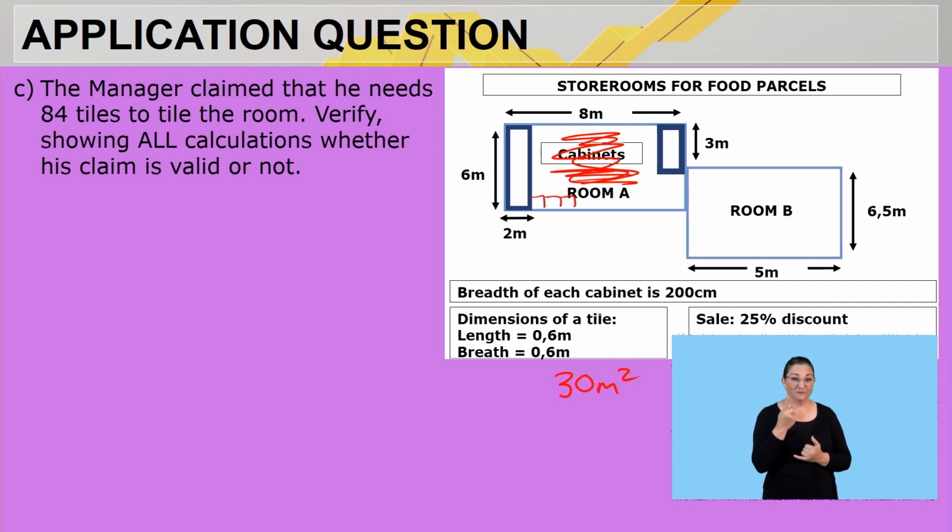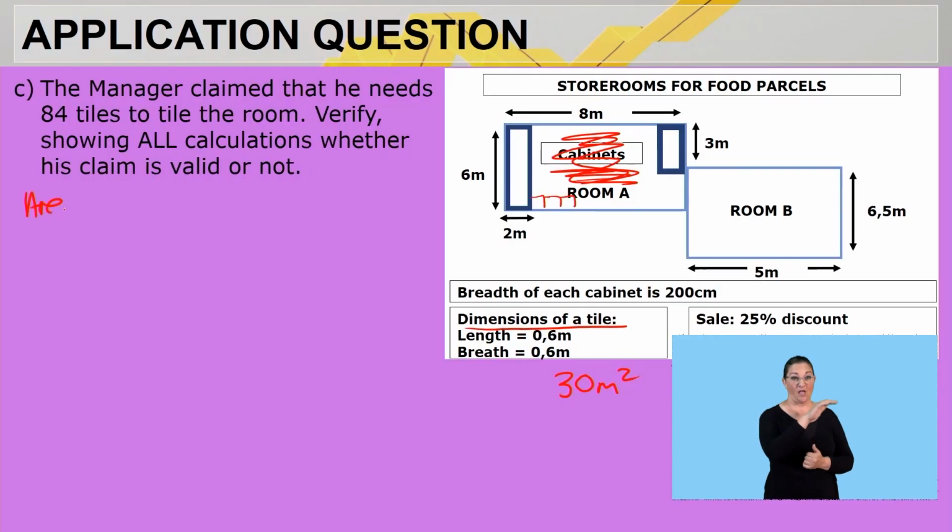And now I look at the dimensions of a tile. The length and width are exactly the same, 0.6 meters. So, therefore, I know what the area of the room is that needs to be tiled. I now need to find the area of a tile, per tile. So what will happen now? I'll say area of a tile